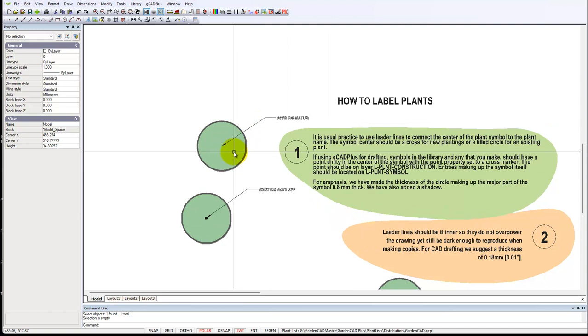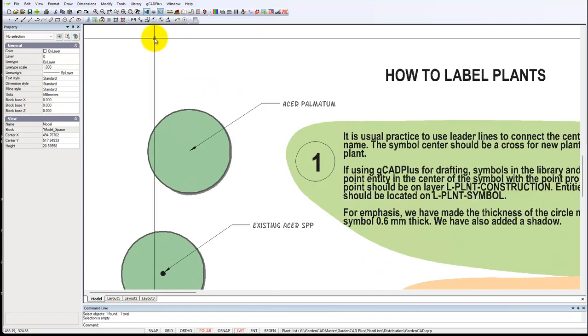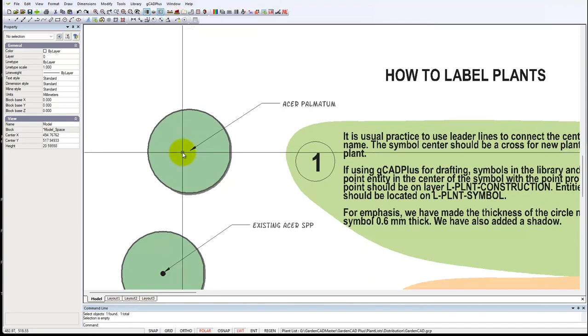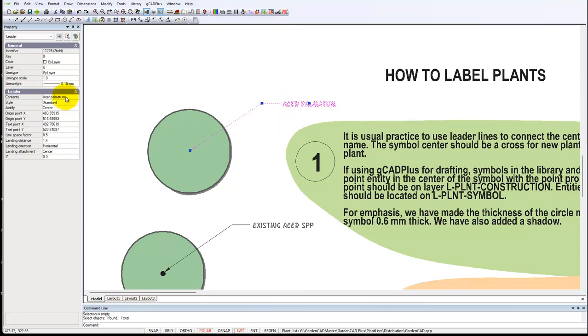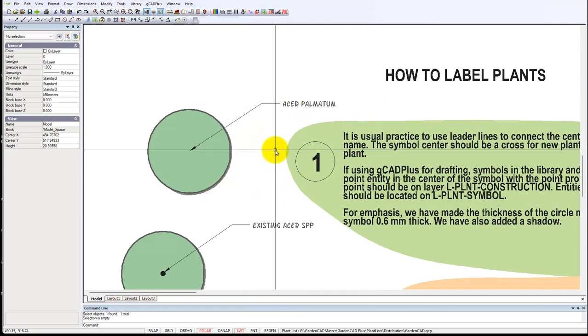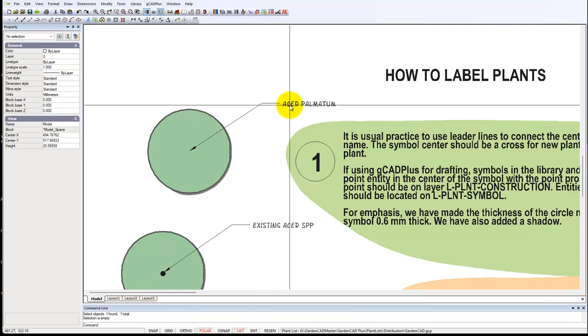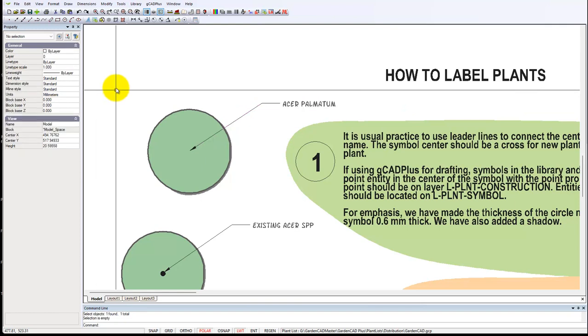This one has the label formed by using the leader here. This is the leader, for which you set the arrowhead, second point, and then a piece of text. So it's all part of the one thing. Notice the text here is in a mixture of upper and lowercase. The reason that everything is consistently in uppercase is that if I pick it, it's got a style called standard